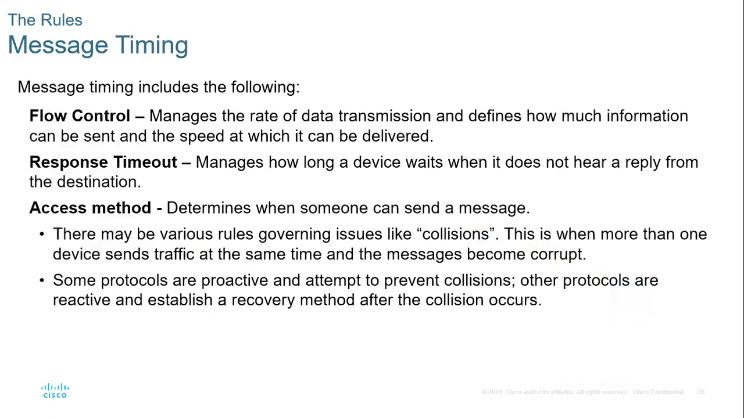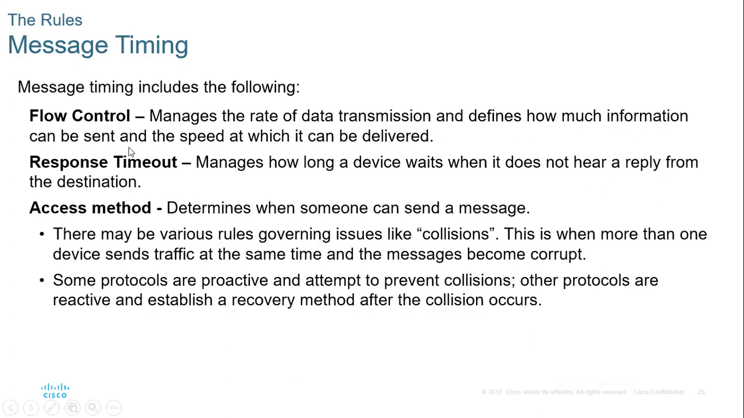Message timing. Message timing consists of flow control, response timeout, and access method. Flow control means, suppose my capacity is to tell 100 words per minute, and suppose the receiver or the listener's capacity is to receive 50 words per minute, then definitely 50 words will be dropped. So this is the flow control mechanism which manages the rate of data transmission and defines how